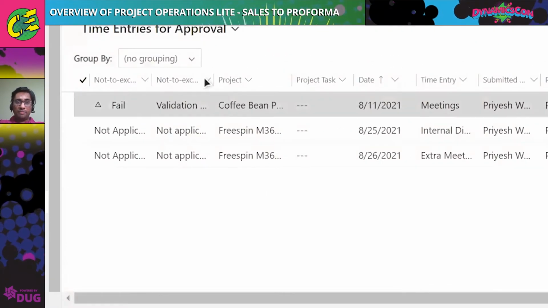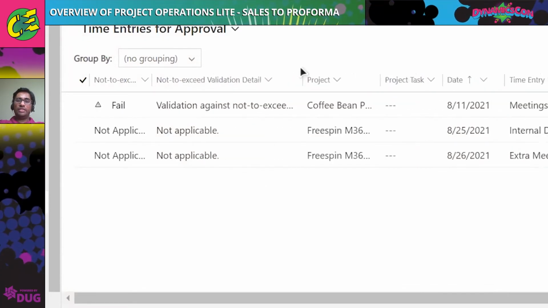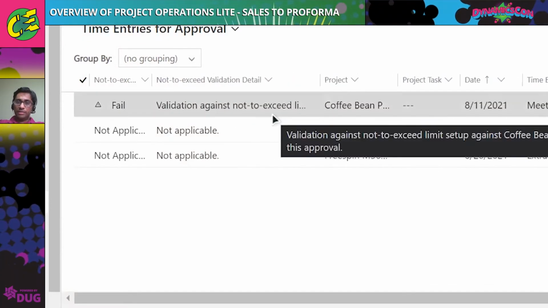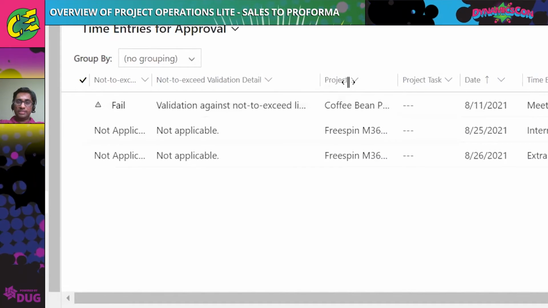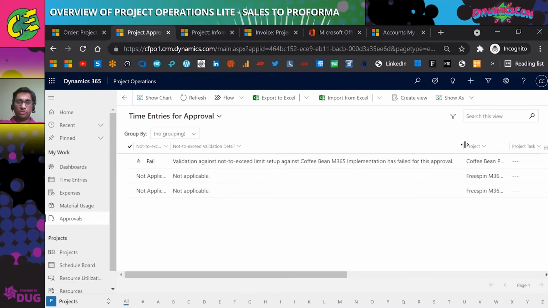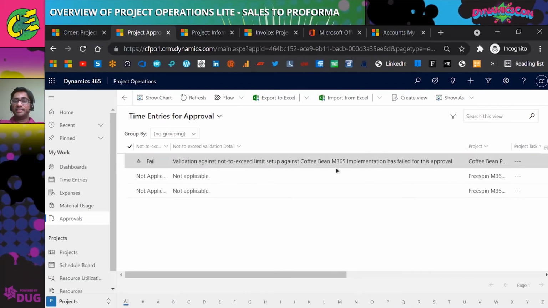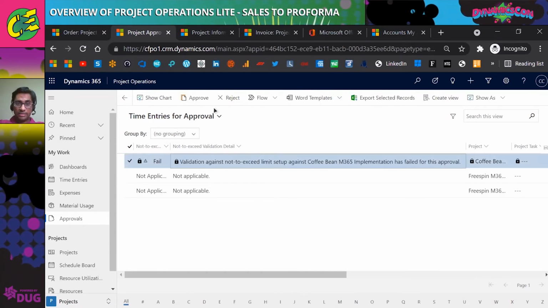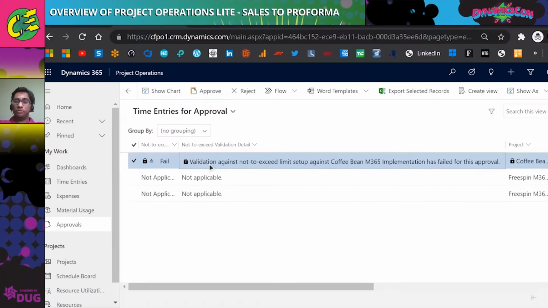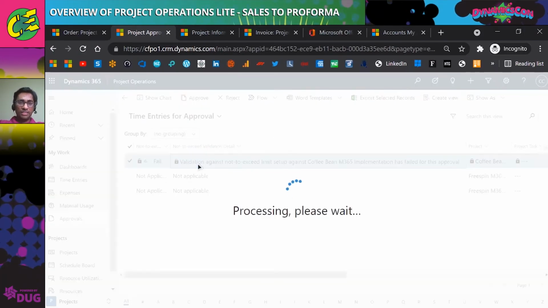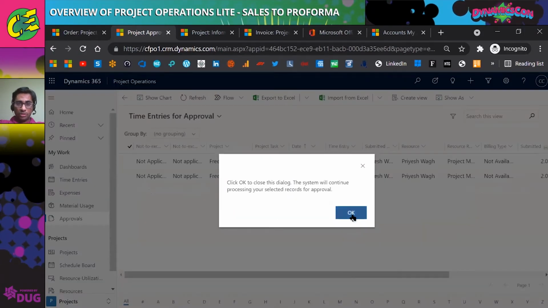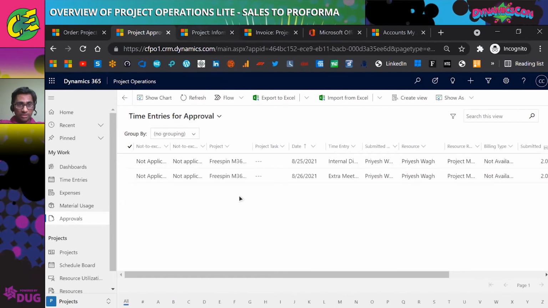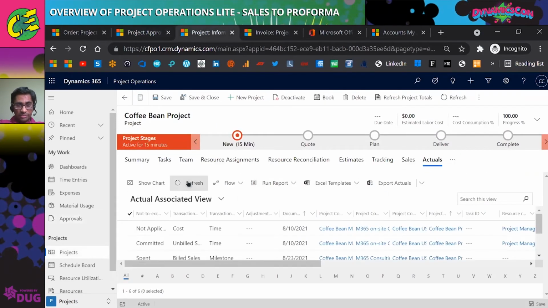It will say fail because it knows that whenever I try to approve, it will run over the not to exceed limit. So the whole not to exceed validation, it will say that it is set up and it has failed this. But I can still, at this point in approvals, go ahead and try to approve this. Where it will finally stop me is in the project. So here's my project. If I refresh,